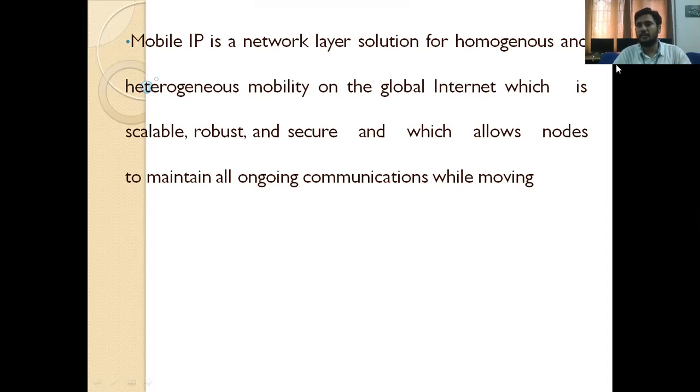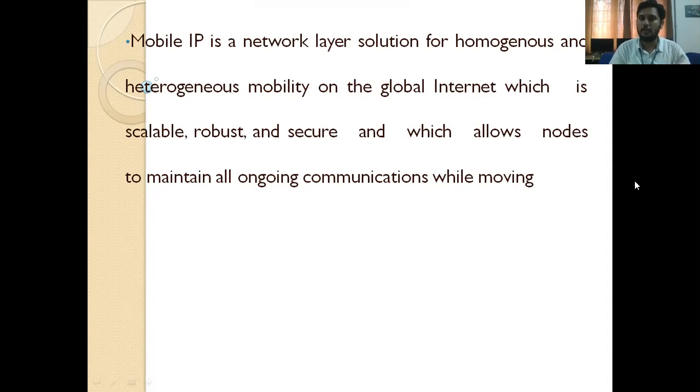So mobile IP is a network layer solution. Why? Whenever you assign an IP address to that particular device, it is a bit easier for the network layer to identify that IP address. So it is the solution for homogeneous and heterogeneous mobility on the global internet.